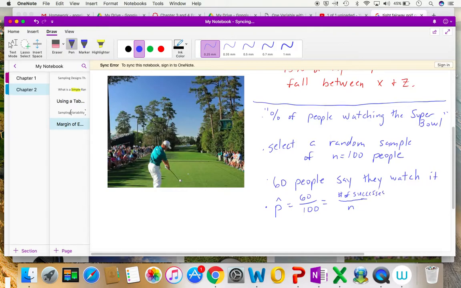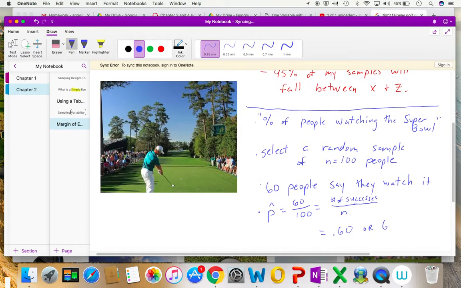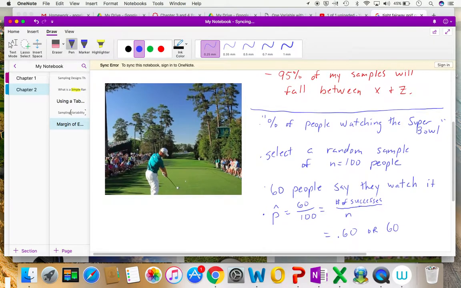Okay, in this case, a success would be a person watching the Super Bowl. Okay, so 60 out of 100 gives me 0.60 or 60%. Now again, before we calculate the interval,